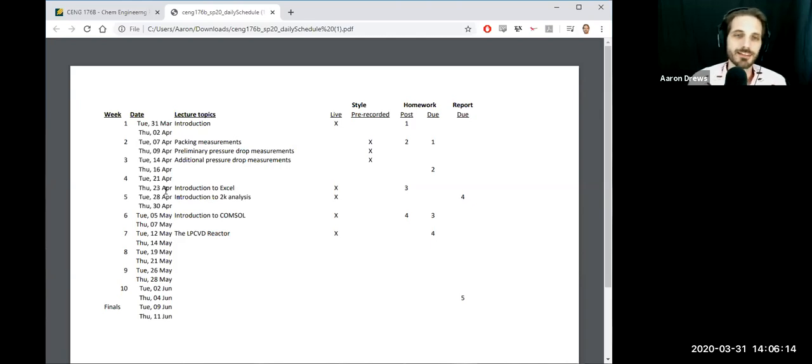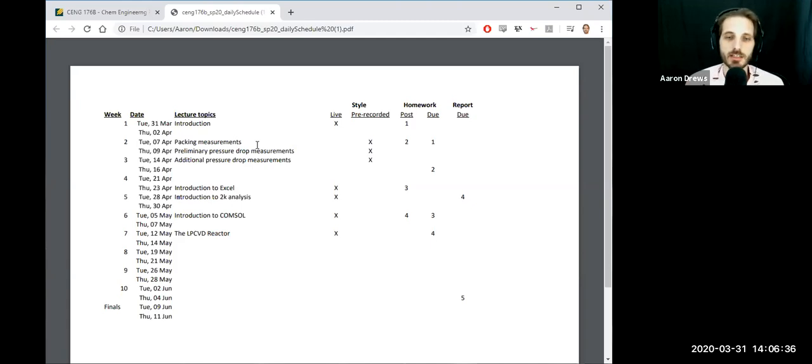And so that's a little different from what we were going to do, in the sense that normally you would have been completing the 4th experiment, which is the first one this quarter, as a team, but now you'll be completing it individually. That element is a change, and so the first 3 or 4 weeks is a little bit different from what it would normally be. But everything after that, that's how it was going to be anyway.